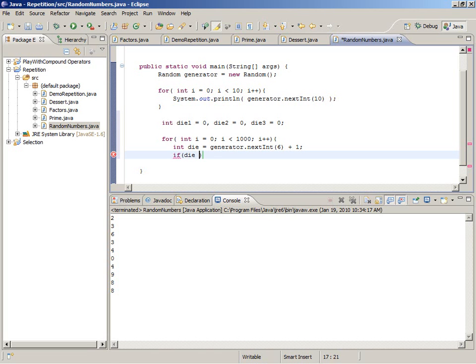If die is equal to 1, increment die 1, else if die is equal to 2, increment die 2,